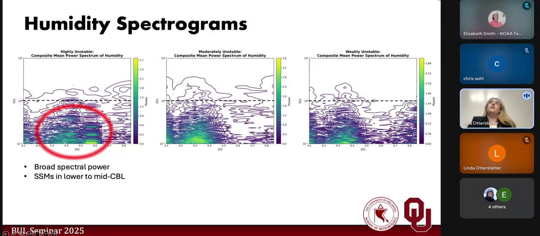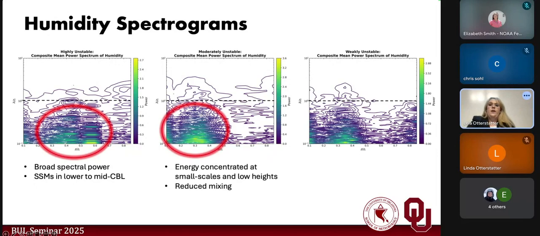convective boundary layer. Moisture shows less vertical extent than temperature, which suggests that there's stronger influence from surface sources. Next, looking at the middle plot here, you can see that there is spectral energy that's concentrated at smaller scales and lower heights. So it's lower than 0.4 there, which indicates that there's reduced mixing and weaker coherent structures that